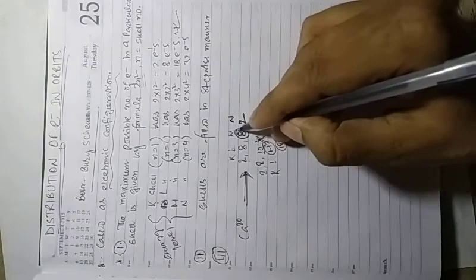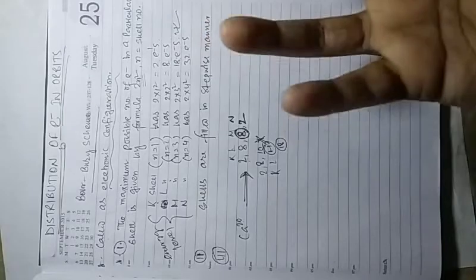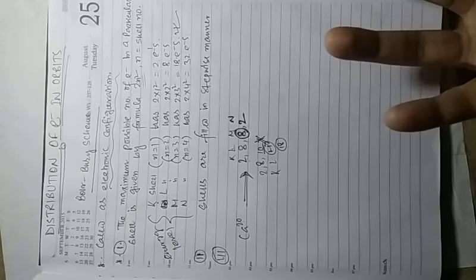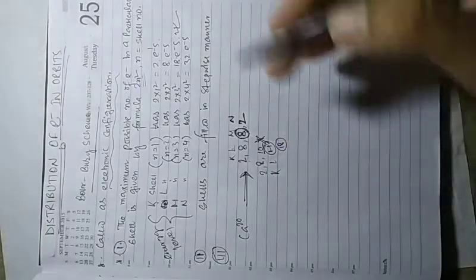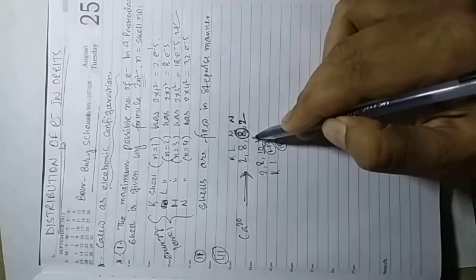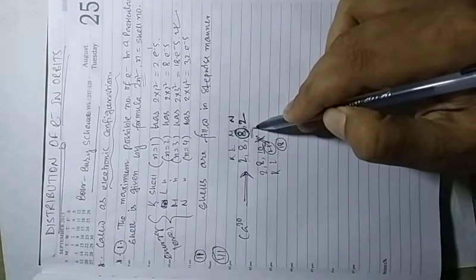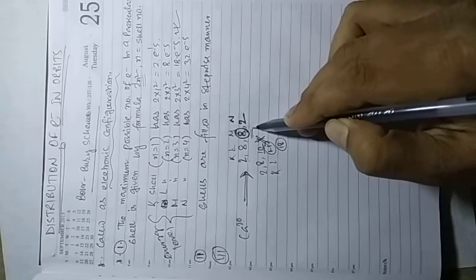That's why first it will be up to 8. If it is a larger atom, then it can be 18, suppose around 35, around 50 atomic number. If you check the electronic configuration of 50, 51, 52 atomic number elements, their M cell contains 18 electrons. But up to 20 or 30, the cell contains only 8 electrons for the stability. For the stability only. Okay.